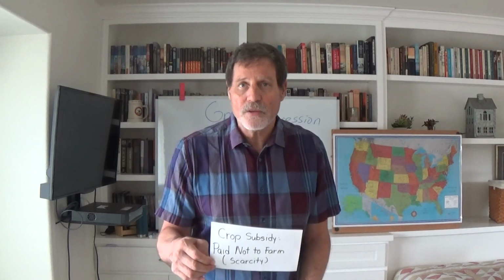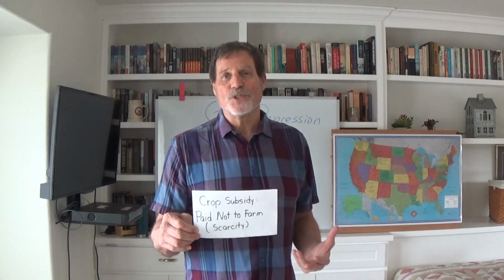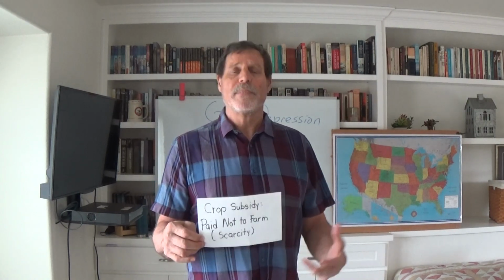Or they would go to a dairy and say, I want you to dump all this milk on the ground. Or they would go to an orchard and say, I want you to shake all the trees until the fruit falls down. They even killed little piglets and things like that. I mean, these are agents of destruction creating an artificial scarcity. And of course, highly controversial, as you can imagine. There were all these jokes about, I'm going to become a farmer so I can be paid not to farm, that kind of thing.